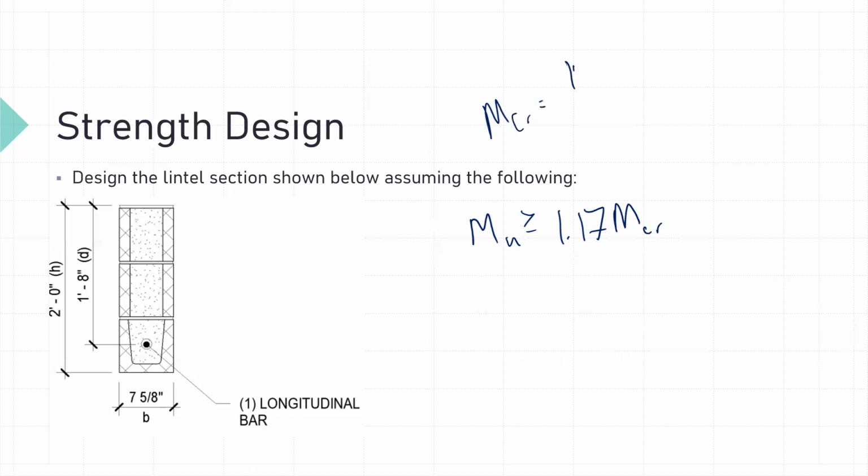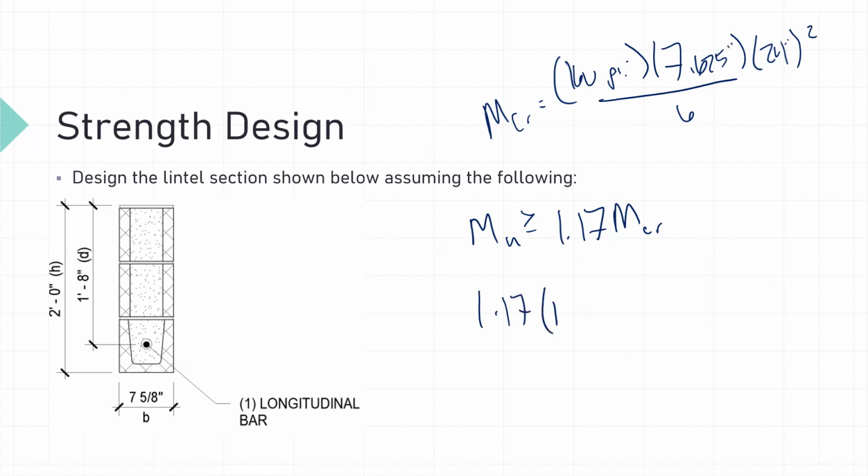So we had 160 PSI, our modulus of rupture for type S masonry cement, hollow units grouted solid, and the stress is parallel to our bed joints, times B 7.625 inches times H 24 inches squared divided by 6. So our cracking moment was 117,120 inch pounds. So if we take 1.17 times 117,120 inch pounds, we come out to